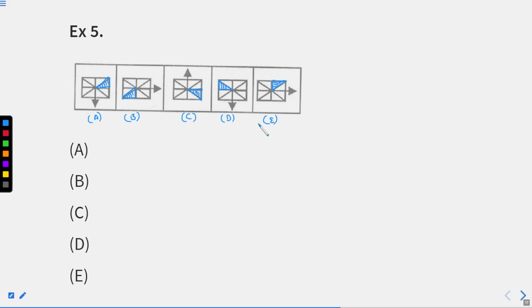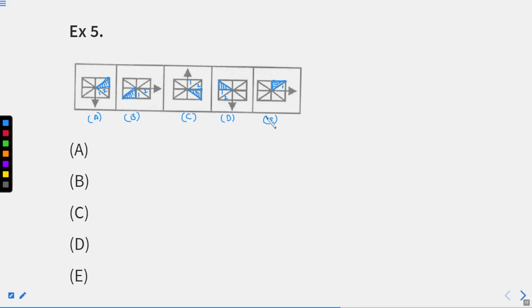For that, we know that the square with a cross is similar in everyone, but the arrow is pointing in different directions. And a triangle out of all is shaded. Here you can see the triangle is shaded in every part, and an arrow. But in between both of them, there are 2 triangles. 1, 2. Here as well 1, 2. Here as well 1 and 2. Here also there is 1 and 2. But when it comes to figure number E, only one triangle is there in between, right?